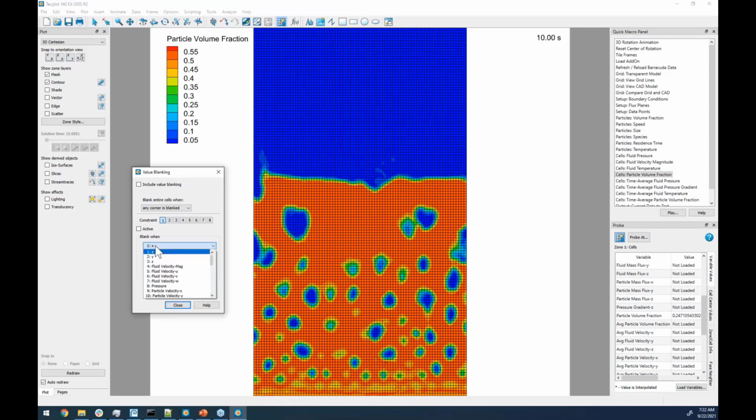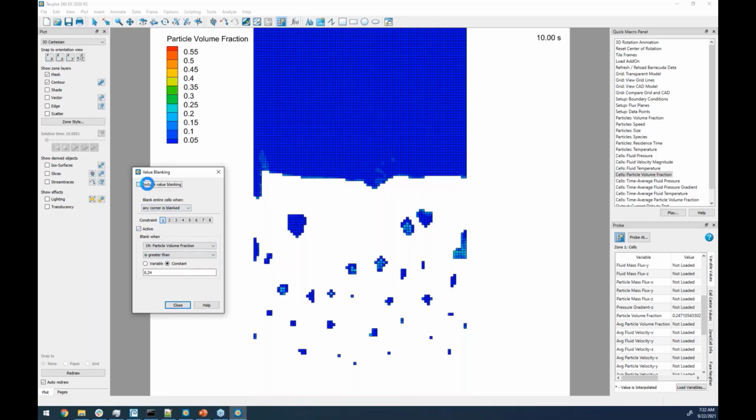So let's use the value blanking capability to blank based on particle volume fraction. And I want to remove cells that are greater than 0.24. We'll activate the value blanking. I think that was a little too much. So this is a little bit of art, a little bit of science. So let's go with 0.3. And you can see that we've been left with the cells above the bed here, and we want to eliminate